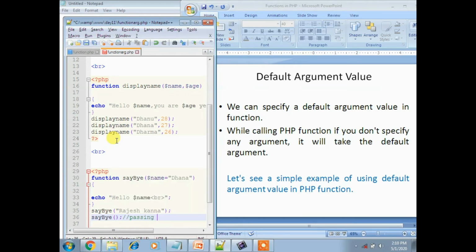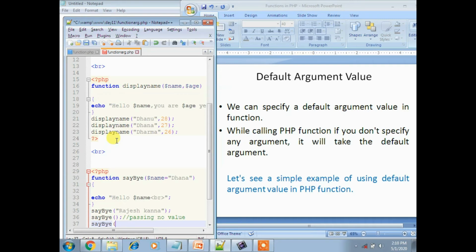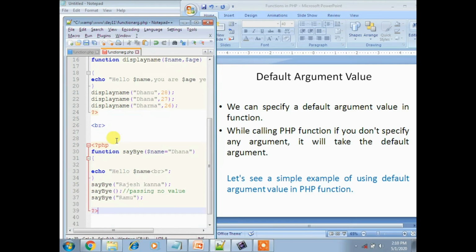Here passing no value, for easy understanding purposes I am writing a comment there. Okay, and pass another value, like I can have Ramu. Okay, there the program ends.